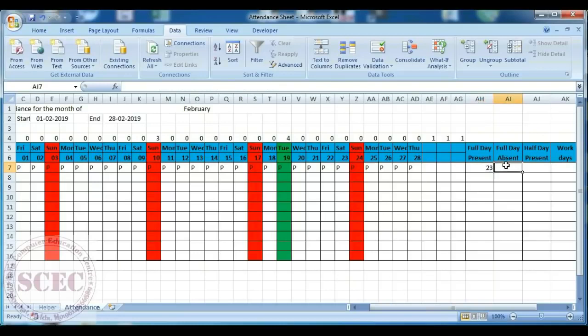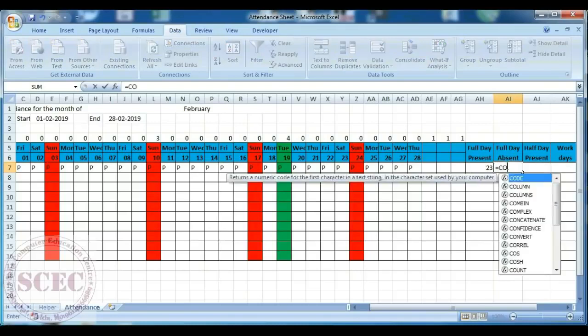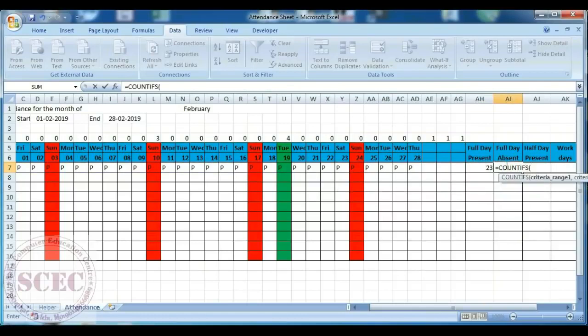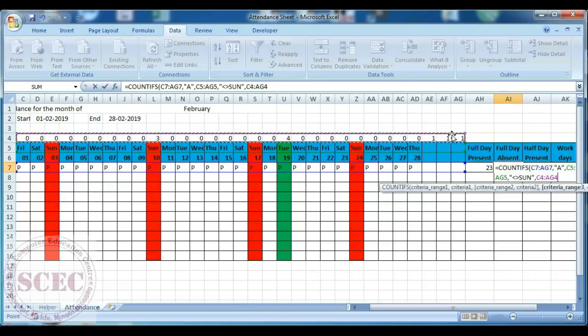So to do this we also use the COUNTIFS formula. So press equal to COUNTIFS. First criteria is this, comma, it will be A, comma, second criteria range will be this, comma, less than equal to Sunday, comma, third criteria range is this, and criteria will be 0.